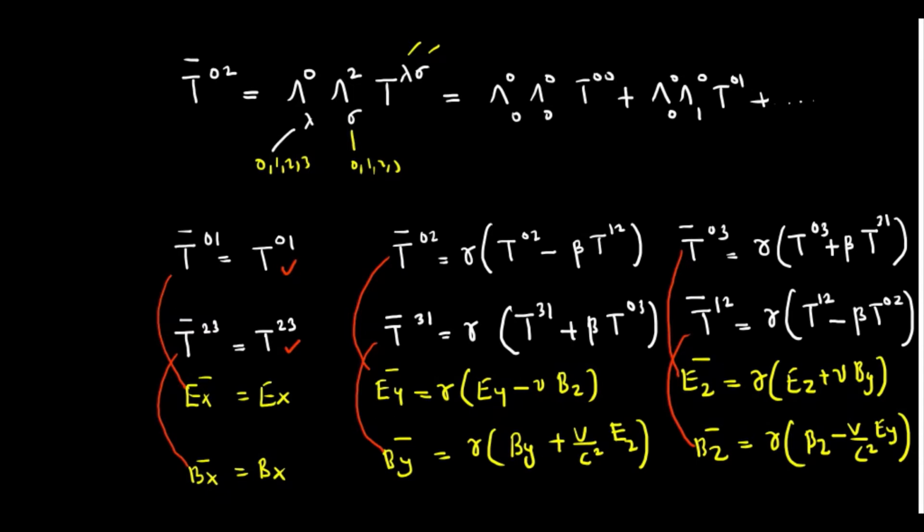Okay, so let me write it once. Okay, 0 1, of course the 0 1 is compared to the Ex, and this 2 3 can be compared with this Bx, right? Okay, 0 1 നെ നമുക്ക് Ex പോലെ വിളിക്കാം, 2 3 നെ നമുക്ക് Bx പോലെ വിളിക്കാം. ഓക്കെ, പക്ഷേ ഈ ഒരു ഫീൽഡ് ടെൻസർ ആകുമ്പോൾ ഒരു പ്രശ്നം എന്തെന്ന് വെച്ചിട്ടുണ്ടെങ്കിൽ, for example, I am calling this T01, T01 നെ I am going to call it Ex, okay, and I am calling this